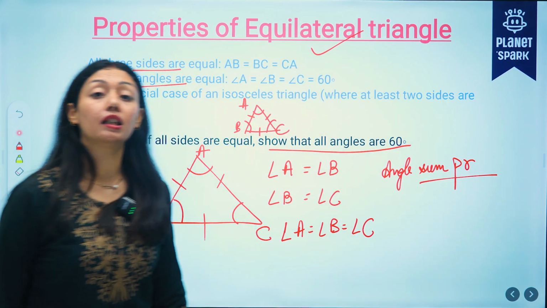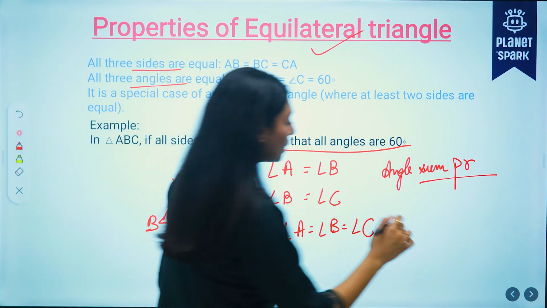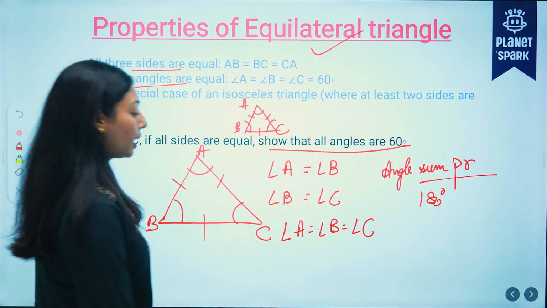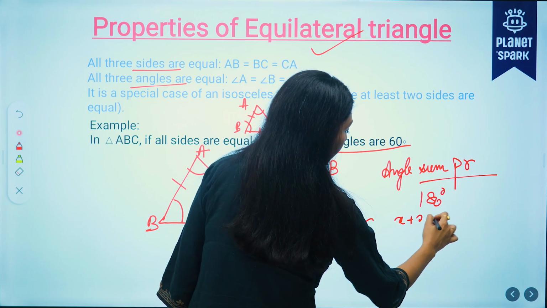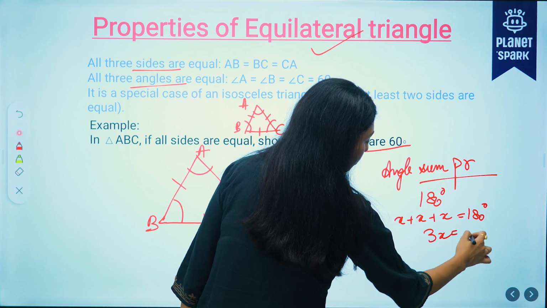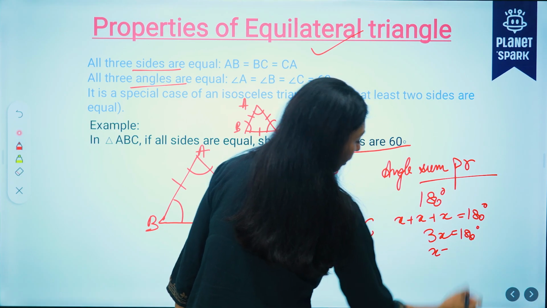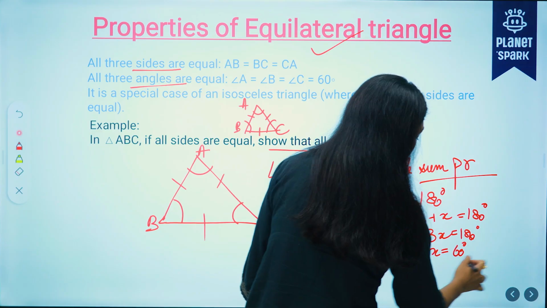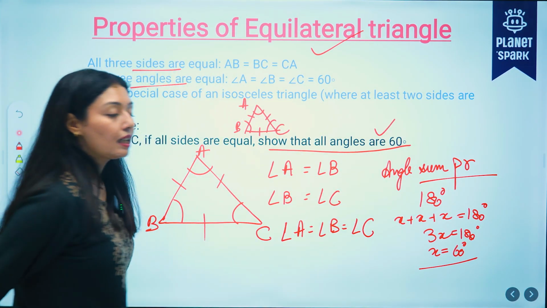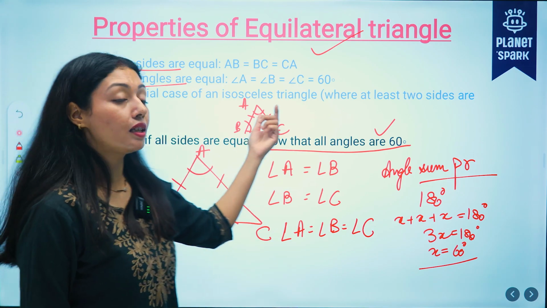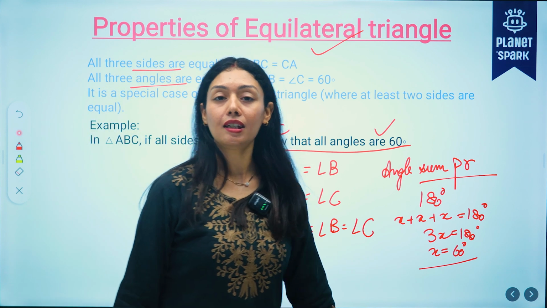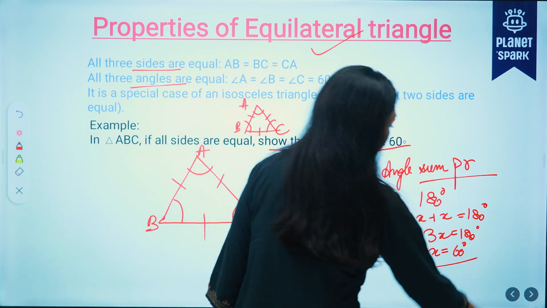So angle sum property हमें देती है the sum of the three angles of a triangle which is 180 degree. तीन equal angles, sum equal to 180. Let's say the angles are x each. So x plus x plus x, 3x is equal to 180 degree. So we can say x is what? 180 by 3, that is 60 degree. So from here we can say the measure of the three angles will be 60 degree. Right? तो पहले हमने prove किया तीनों angles equal होंगे when the sides are equal. Then we proved all of three will have the measure 60 degrees. Okay then everybody, let's move ahead.